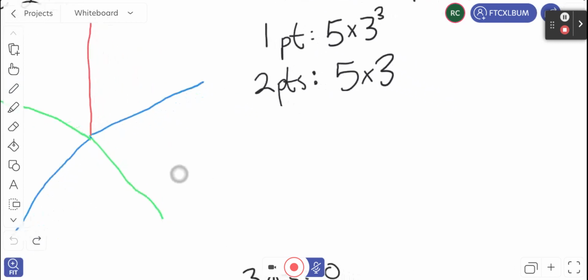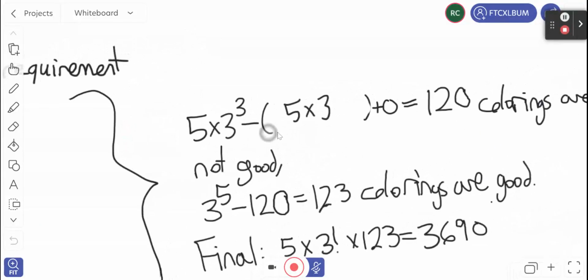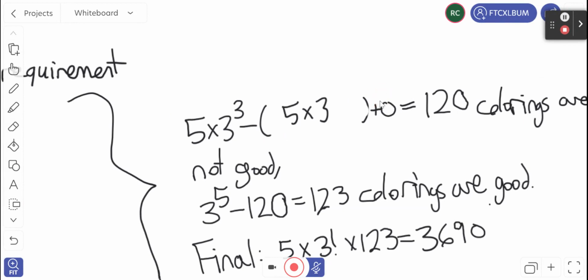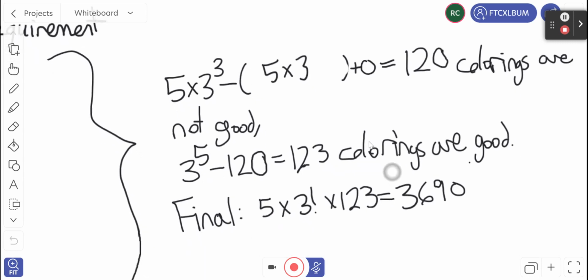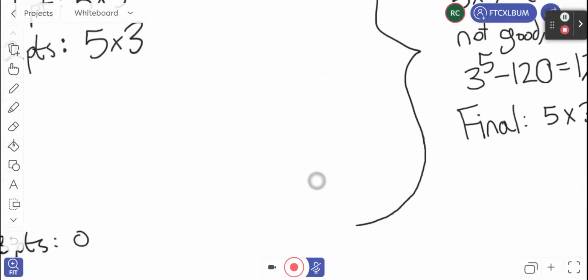Okay, on to the calculation parts. So we will have number of ways to do 1 point minus number of ways to do 2 points plus number of ways to do 3 points, which is going to end up being 120 colorings that are not good. And so we subtract that from our total, 3 to the 5. So 3 to the 5 minus 120, which is 123 colorings that are good. And really similarly to what we did last time,